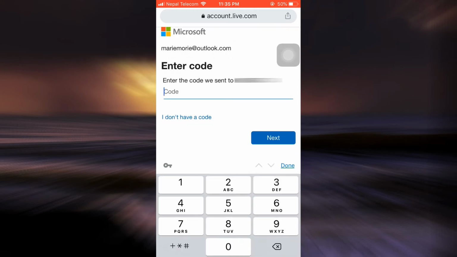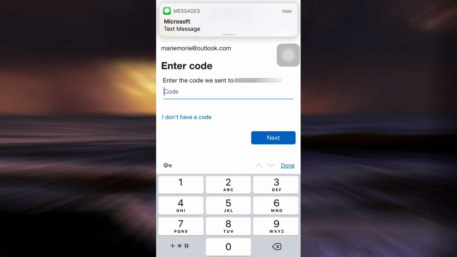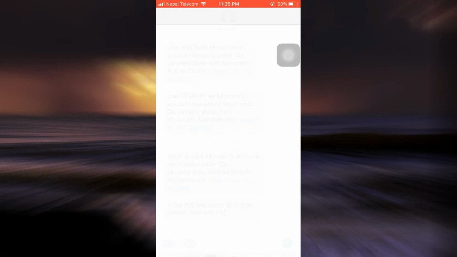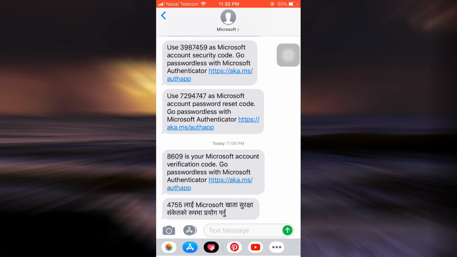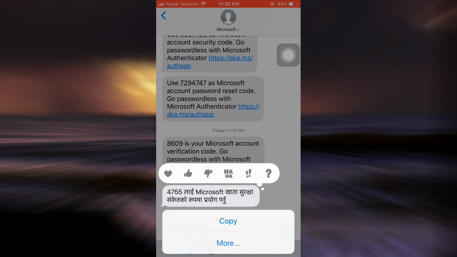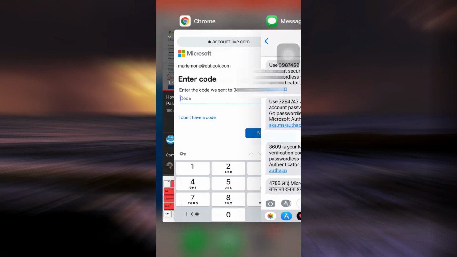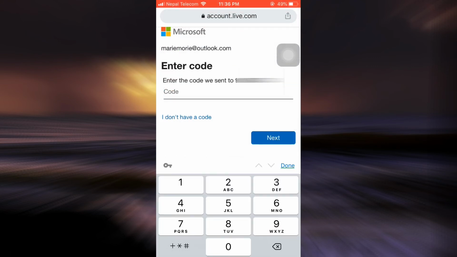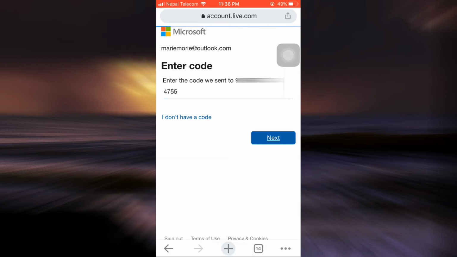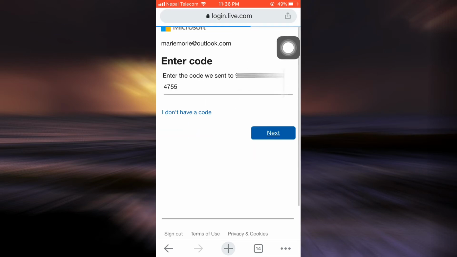As I tap on the next button, it says here that a certain code will be sent to my phone number. So I'm just going to wait for the code, and it looks like I've already received it. So I'm just going to open it, and here I've already received the code. So I'm just going to go back and then enter the code over here. Tap on next as soon as you enter the code, and then as you tap on the next button,